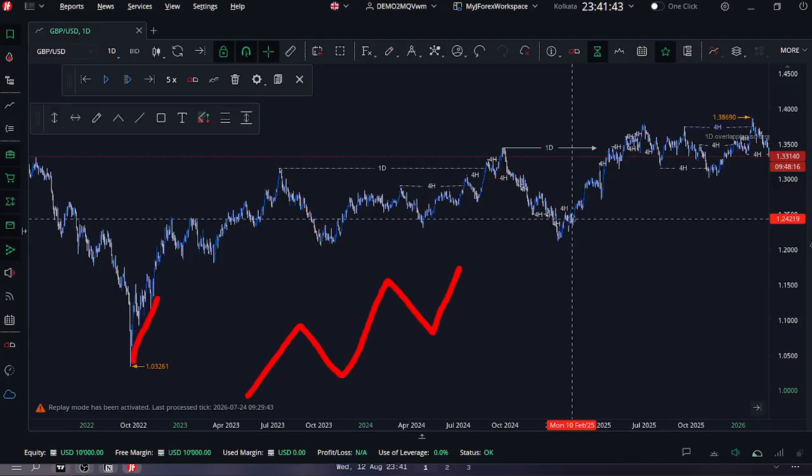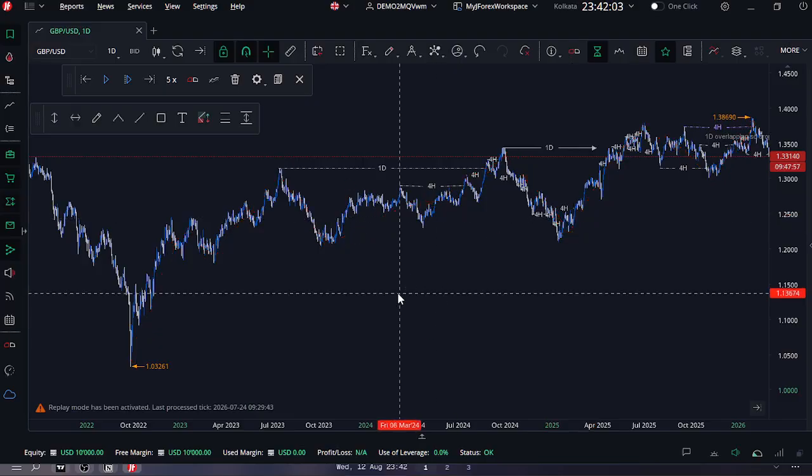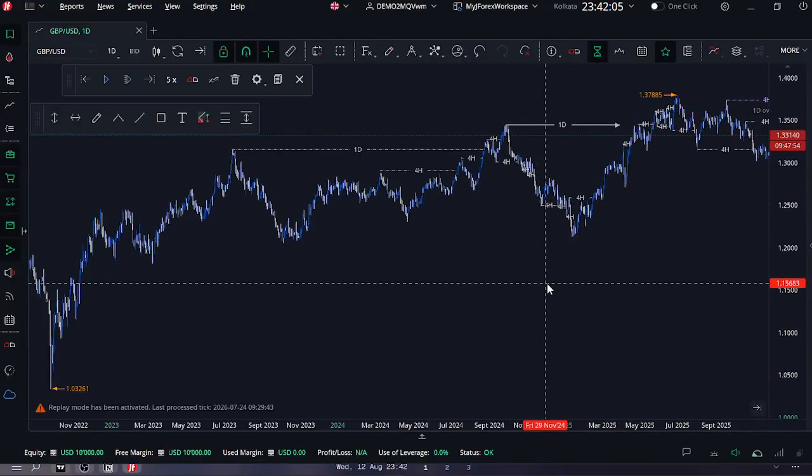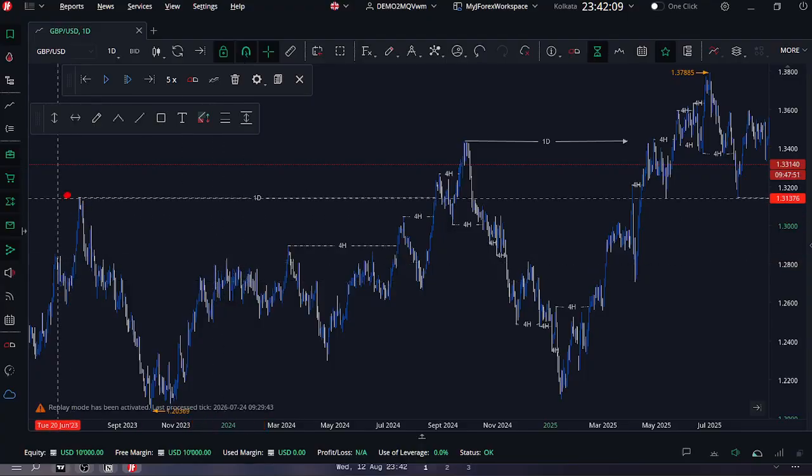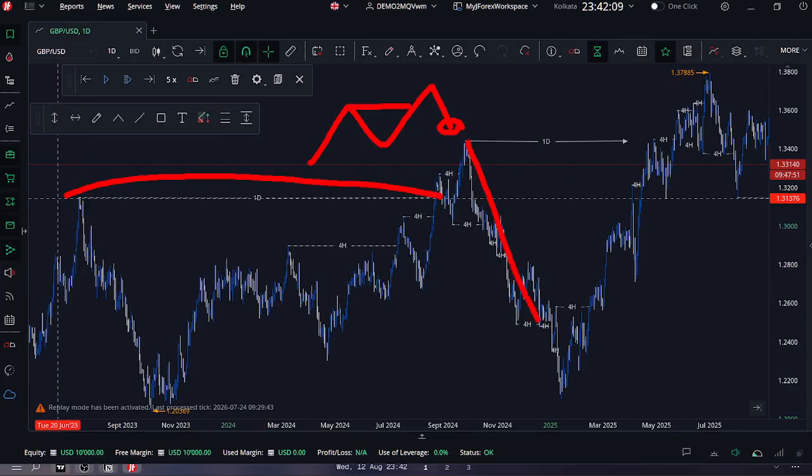You can start from here and then all the way up, down, all the way up, all the way down, all the way up, right? This is just like this, the bullish trend. We had a break of structure here, then we wait for a pullback. We got our pullback, which was a forward structure shift,